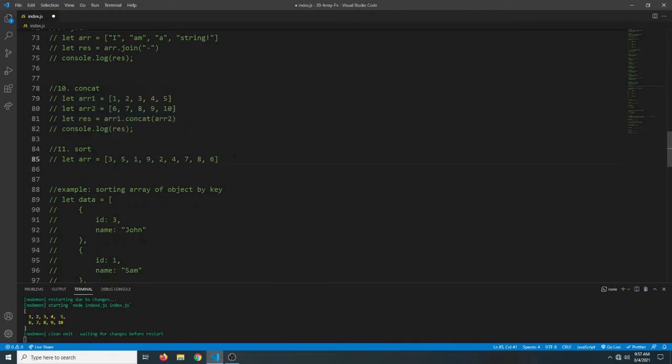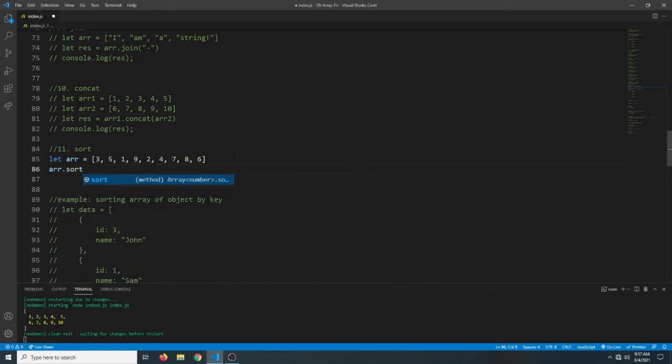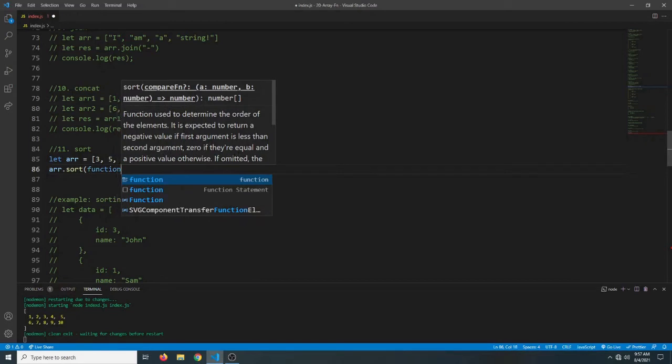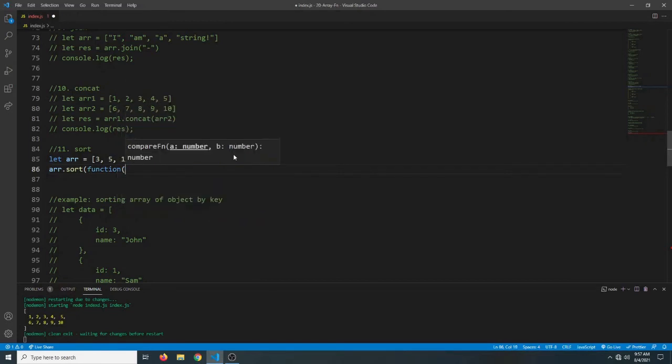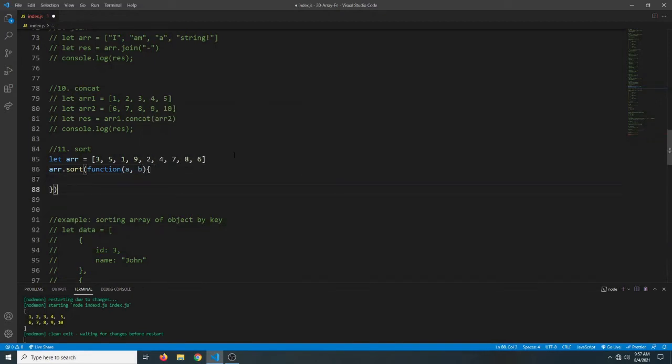Another very useful array function is sort. So let's see how this works. We are gonna say array dot sort. It takes a function that gets two parameters, let's call them a and b. A and b are basically two consecutive array elements. So basically it can be 3 and 5, 5 and 1, 1 and 9, etc. And we have to return something.